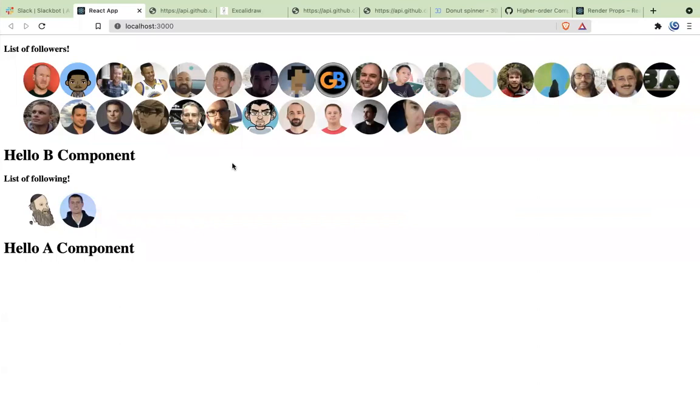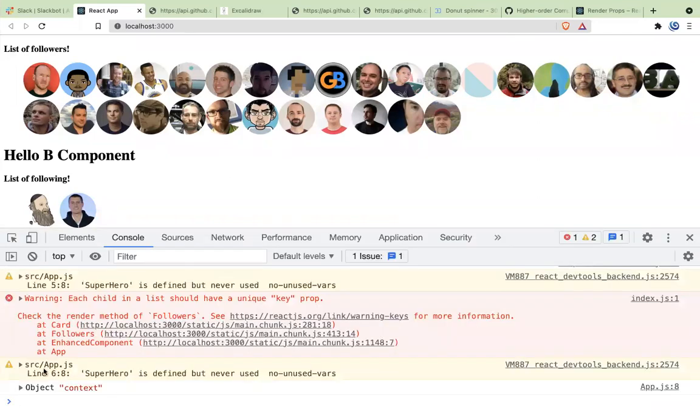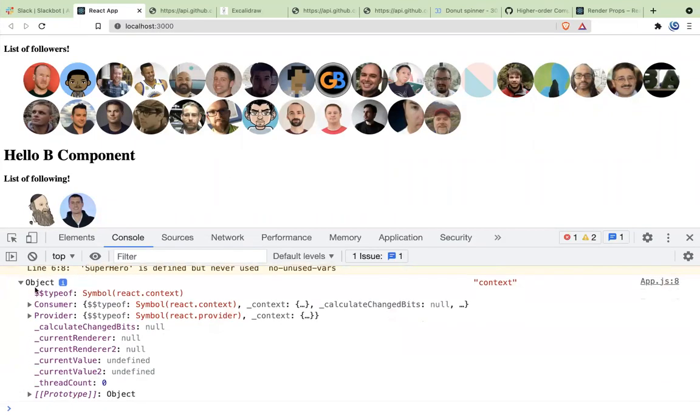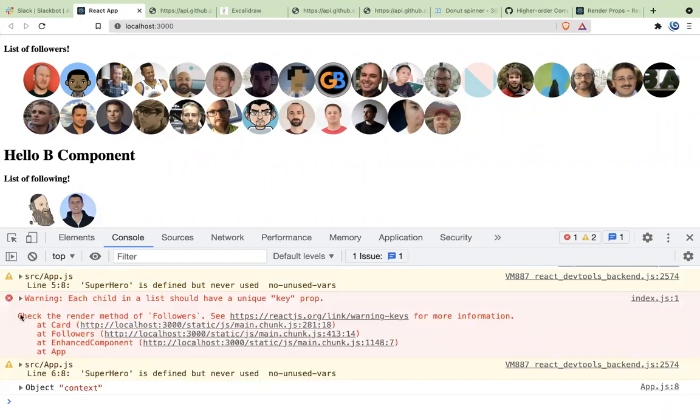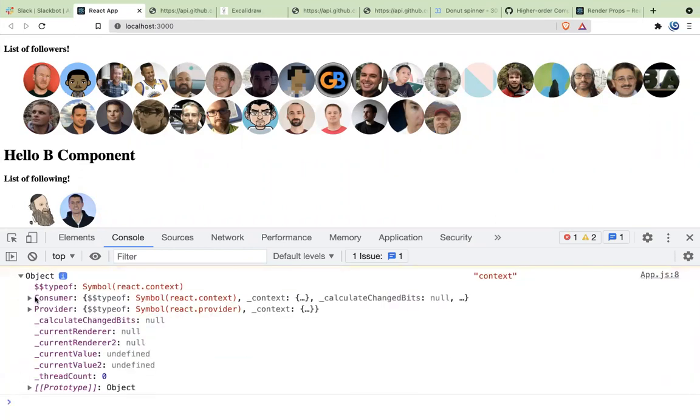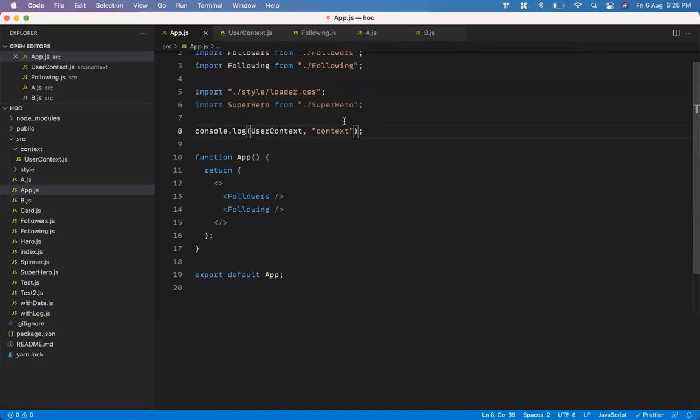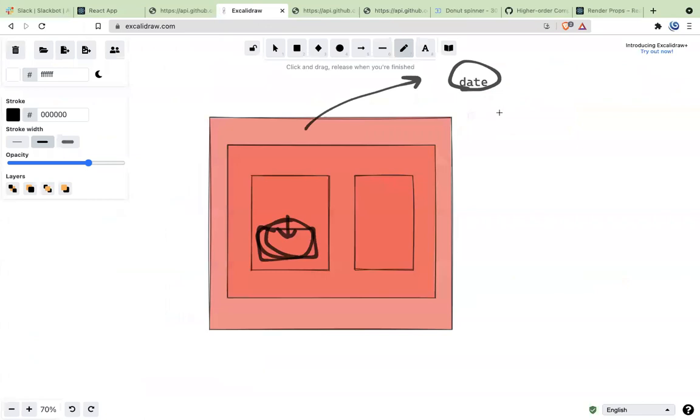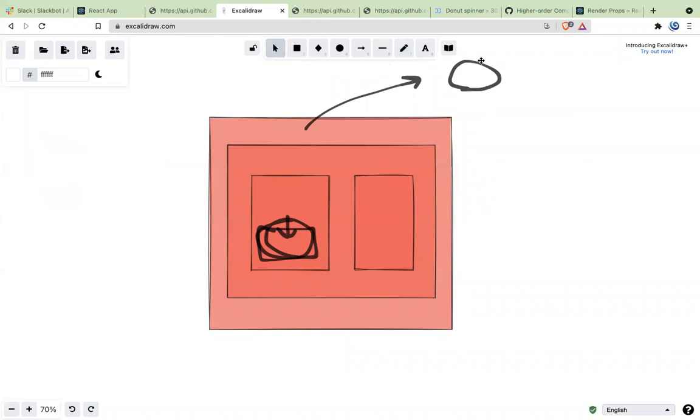We'll come back here and look at the console. In the context, you see an object. That's all you see. When you call createContext, it creates an object that has two other components. Can you see this here? What are these two components? One is Provider, one is Consumer. So you can think of creating a box like this somewhere outside of the whole structure. But right now, when you start, you don't have any data. You just created a box.